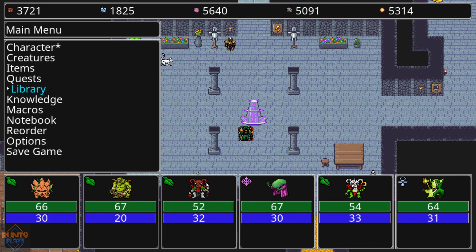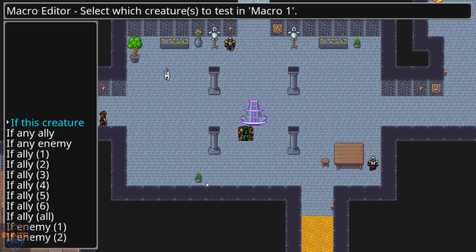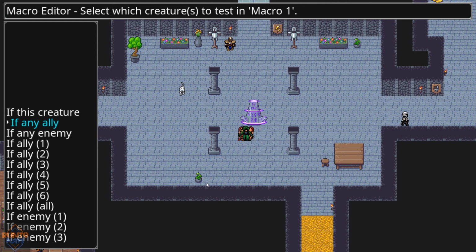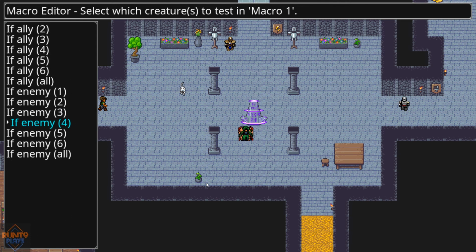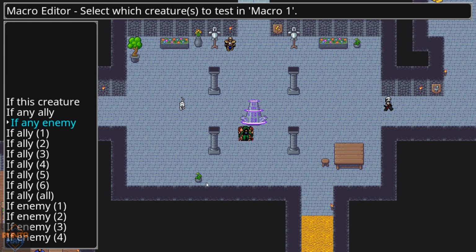So I think this is where I need to play around with macros. And we're going to do this live on camera and see what happens. So let's edit macro 1. Add line. If this creature... Nope. Any ally. If enemy... Okay. Well, that's not quite what I would want. I want, if it's first turn...